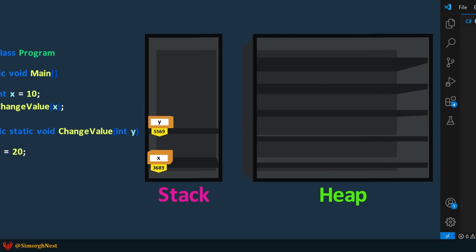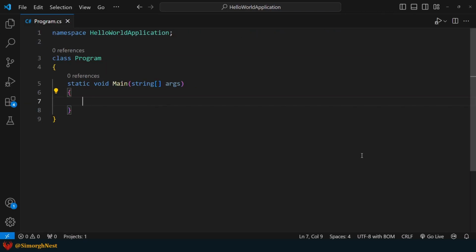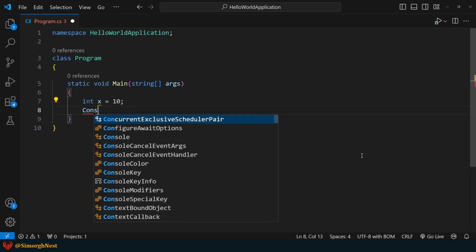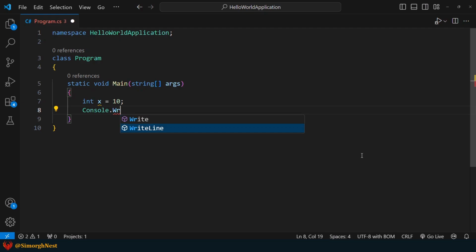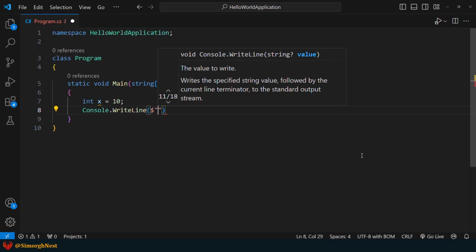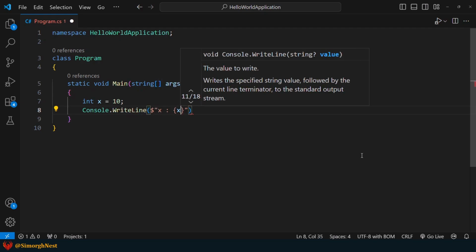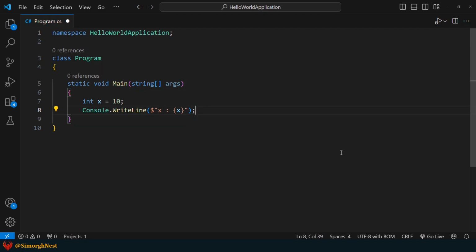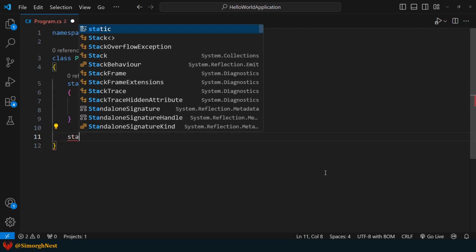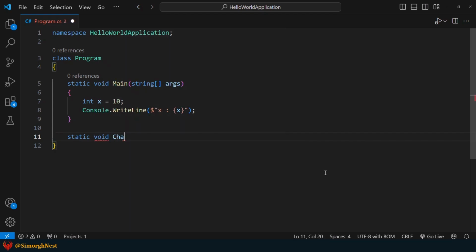Now, let's jump to VS Code and see this behavior in action. In the main method, we create an int variable called x and set it to 10. We then print the value of x. Now, let's define a method called changeValue. This method takes an int parameter named y.